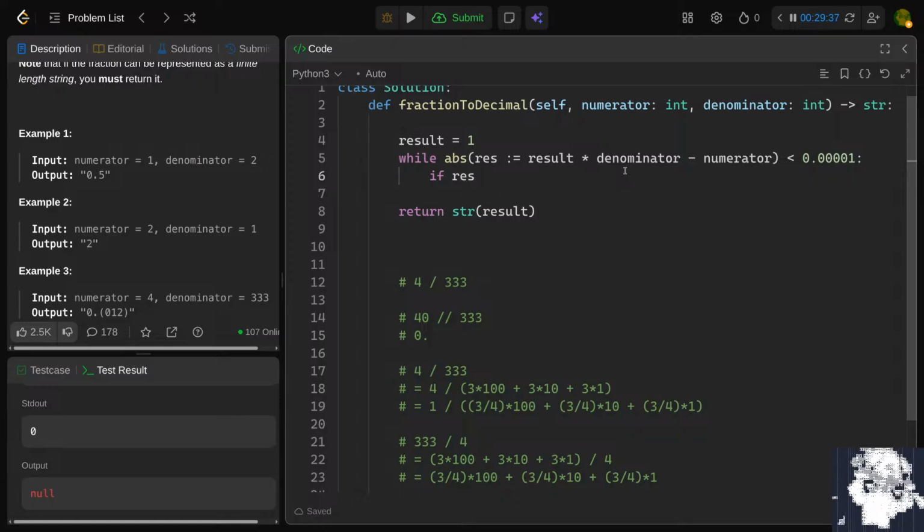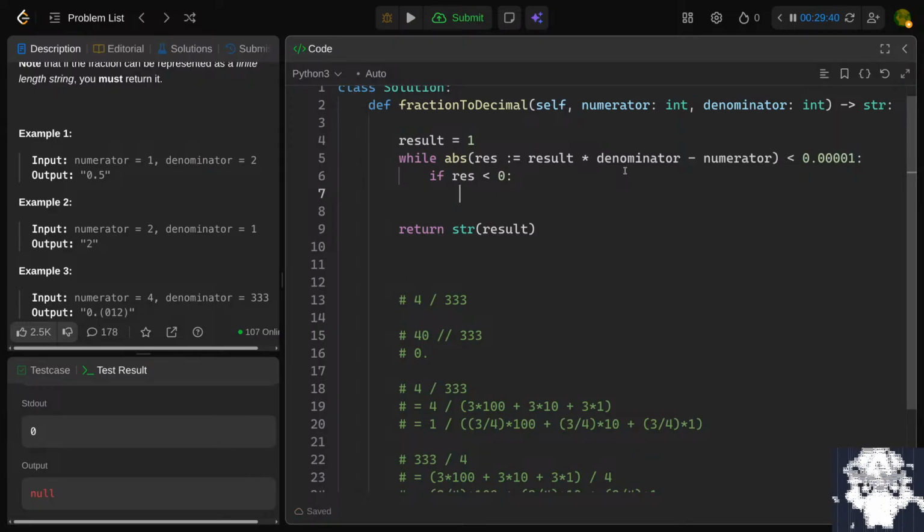So if result is less than 0, that means my number is... wait, res is not a good name for this because I've already got result. We'll call it diff. So if diff is less than 0,